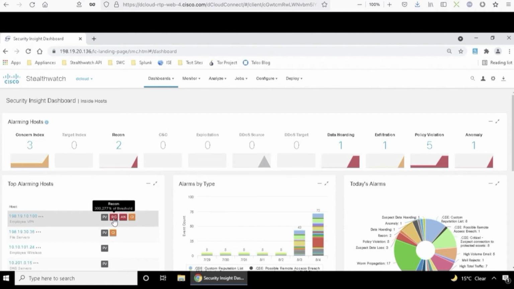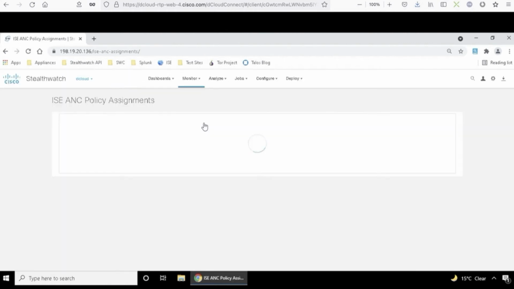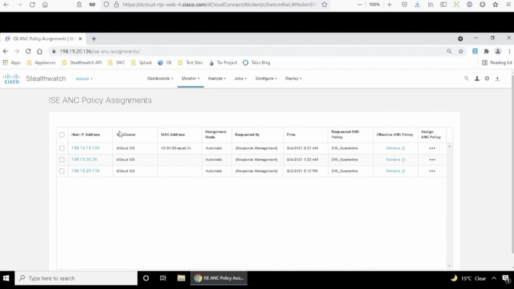So what we could do in one particular use case is actually click on that host and manually quarantine it if we wanted to. But in this particular case, there was no need to do that, as we've got it auto-configured to do that. So if we go to the Monitor tab and go to ISE ANC assignments, what we'll see listed in here is actually the IP address of our remote host. And you can see it's got the MAC address, automatic enforcement, and it was actually generated by the responsive management